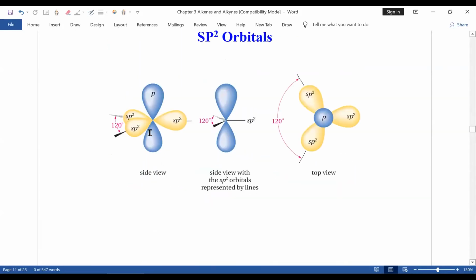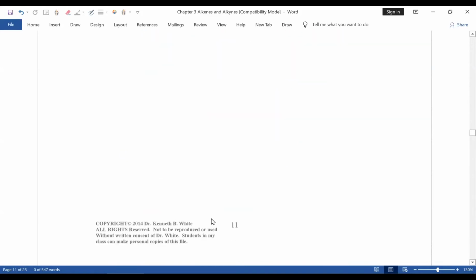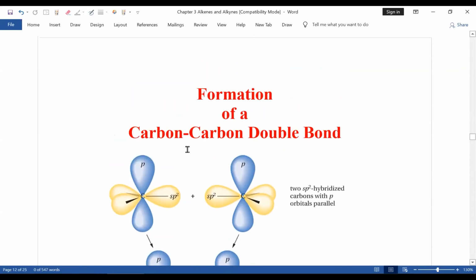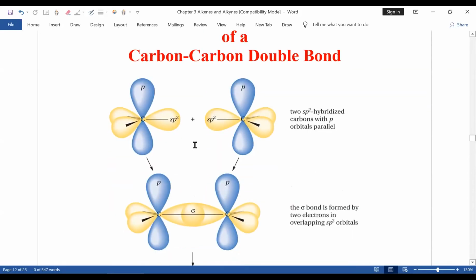Now, what does a carbon double bond look like? You have 3 sp2 hybridized orbitals, these in yellow, forming single bonds, and this blue, or turquoise blue, as my sisters always say, is called a p bond, and it has this orbital, with the sp2 at 120 degrees. Now, when you bring 2 carbons together to form a carbon-carbon double bond,